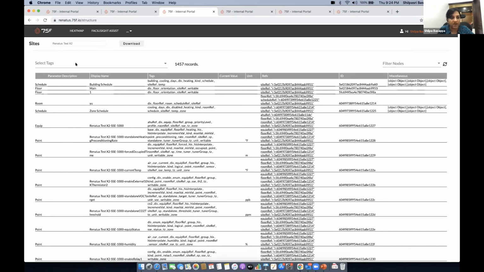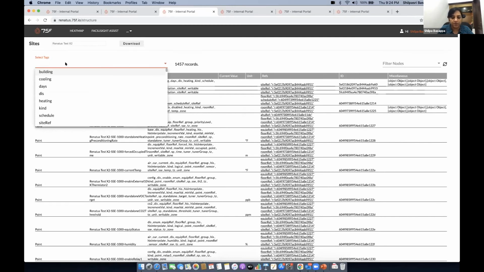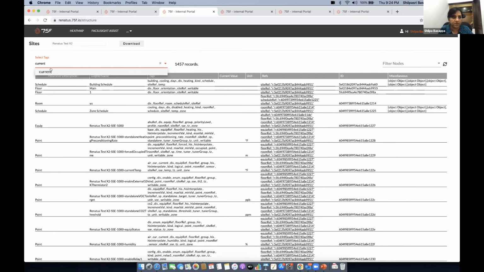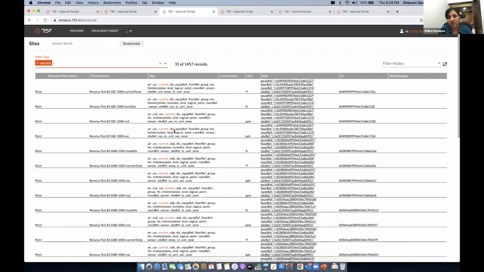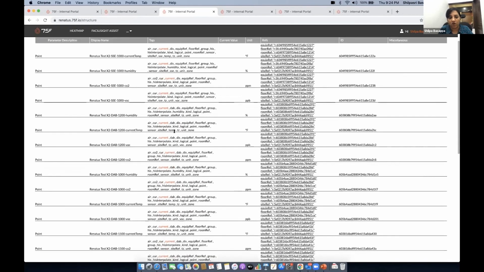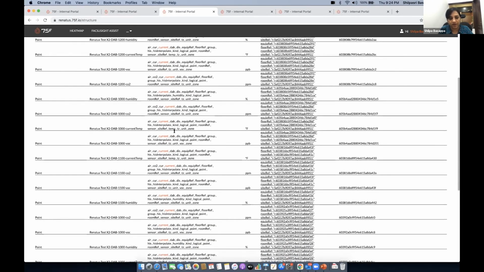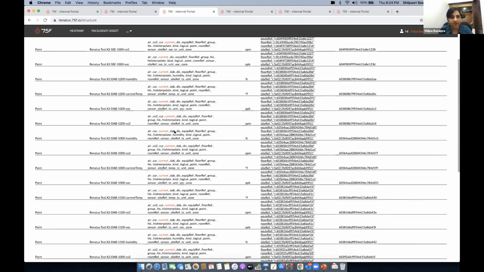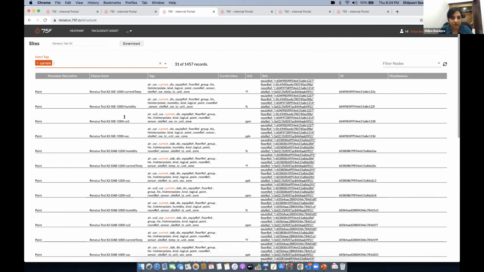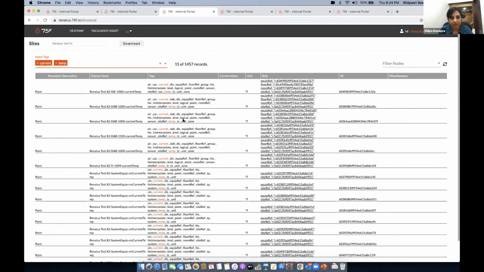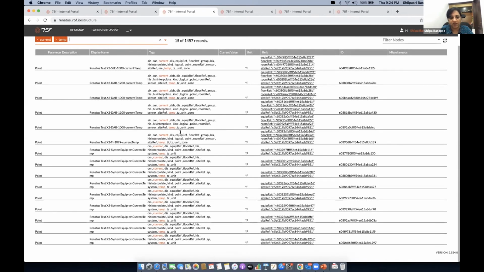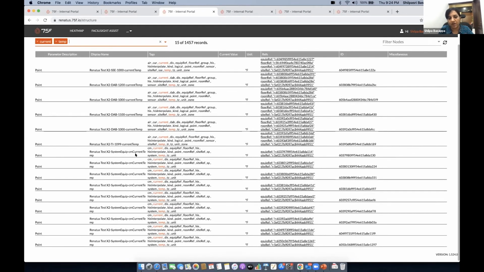Let's say I want to find the current temperature for all the zones in the system. I should be able to find it. This Explorer really helps us find all the current sensors that are there. In fact, I just searched for current, so I think even the CO2 sensor and humidity sensors came up. So I'm going to say current temp. Now you'll have all the current temperatures that have come up. We also have some current temperatures at the system level, so even those have come up.